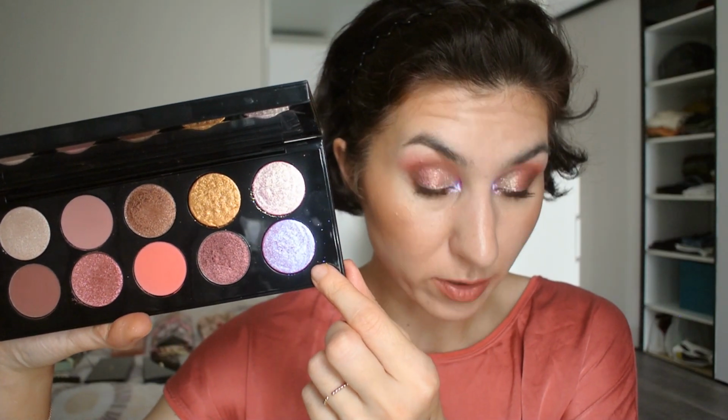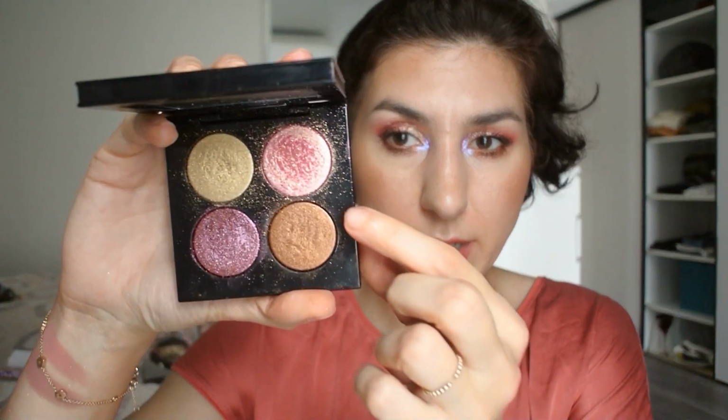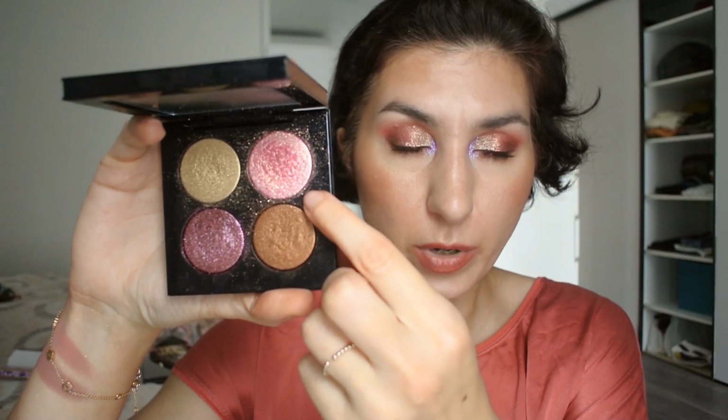So I can't really think of anything that's quite similar to Astral Amethyst Moon, so I'm not even going to try to find anything similar. But the Astral Venusian Orchid, I don't think they're going to be similar, but I want to swatch them side by side, because I think they're going to, at the very least, have a very similar texture and a very similar duochrome. And that is this shade here from the Ritualistic Rose Quad, which has a more like light baby pink base to it, but I feel like the duochrome is very similar to the one in Venusian Orchid, in that it's,